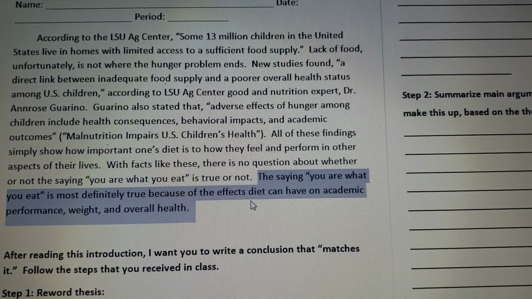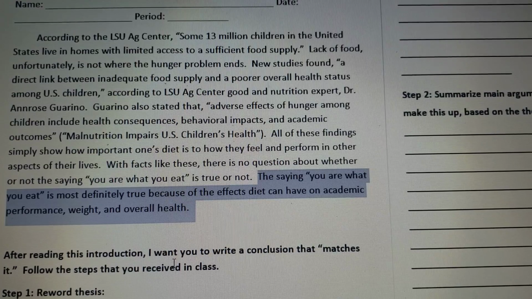So you'll just kind of work through the steps. You'll go down to right here. After reading this introduction, I want you to write a conclusion that matches it. So you're going to follow the steps that you receive. Step one is going to be to reword this thesis. That just means I don't want the information in that thesis to change. That's our thesis. It can't change. So I want it to say the same information, but I want the order of the words to be a little bit different. For instance,